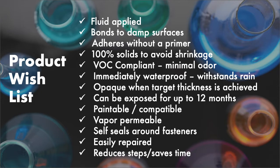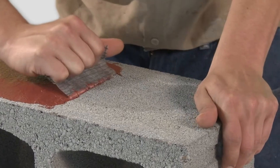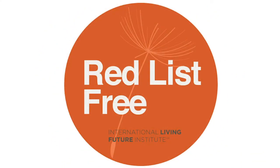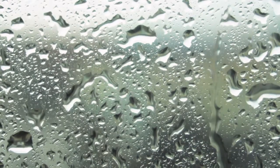They created a wish list of material attributes necessary for the construction repair work that they were performing. This wish list is comprised of the following attributes: fluid-applied materials capable of bonding to damp surfaces. Materials must have primerless adhesion and ultra-high solids to avoid shrinkage. The ideal product should meet Red List compliance requirements and have minimal odor. Materials should be immediately waterproof and opaque when target thickness is